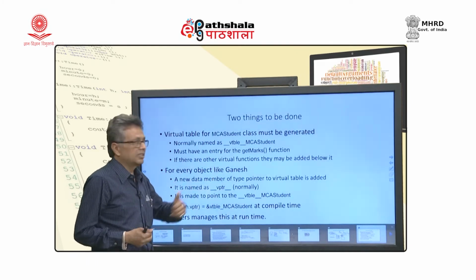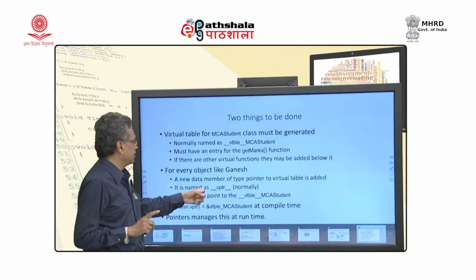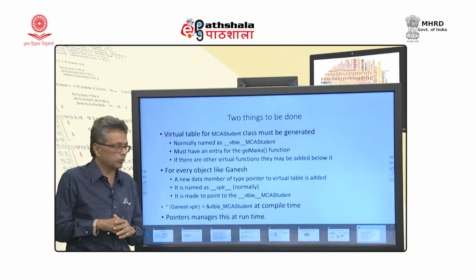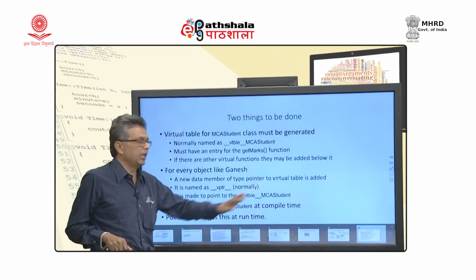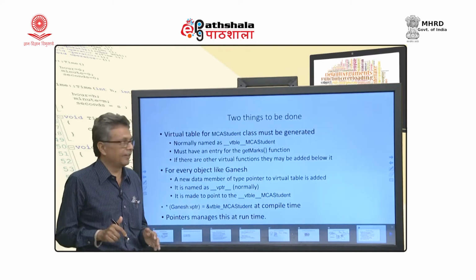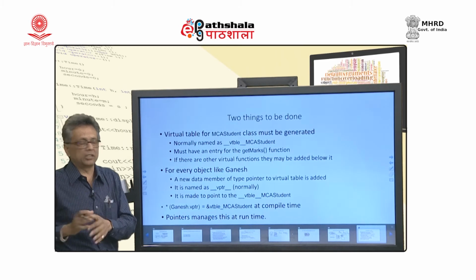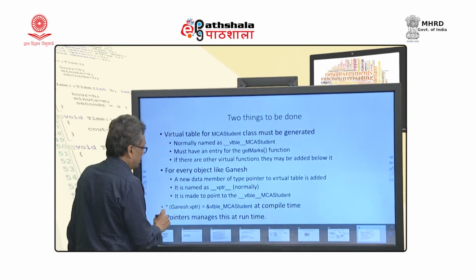For every object like Ganesh which is defined, there is a VPTR, and this is normally referred to as underscore underscore VPTR underscore underscore. It has to be made to point to the vtable MCA student. When I say MCA student Ganesh, what exactly happens is that it will have an additional VPTR.